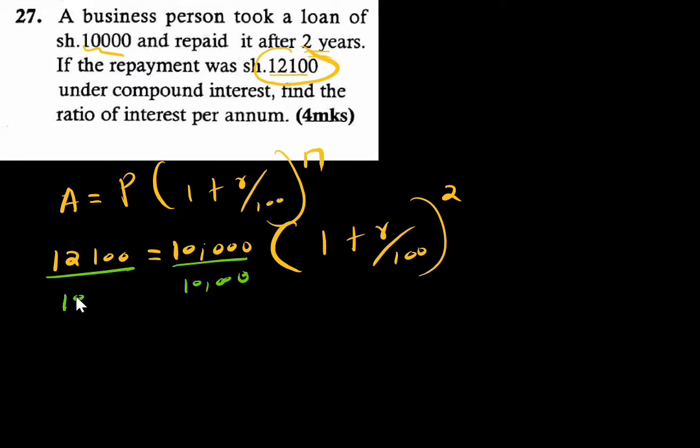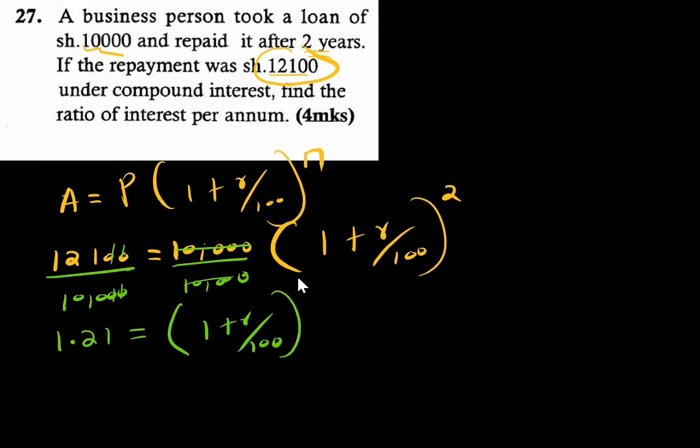Then here also over 10,000. So this one will cancel with this one. So 12,100 divided by 10,000, you can see these zeros, 1, 2, 1, 2. I have 2 zeros, I put 1, 2. So if you divide, we get 1.21 is equals to, here we have a bracket, 1 plus r